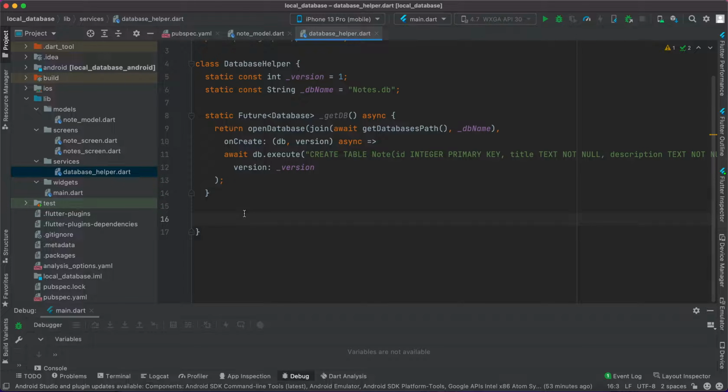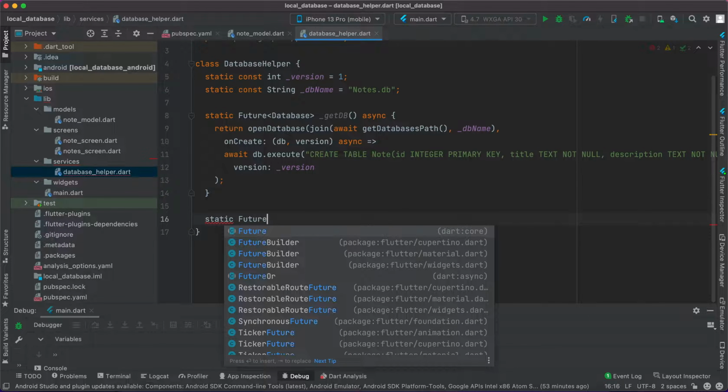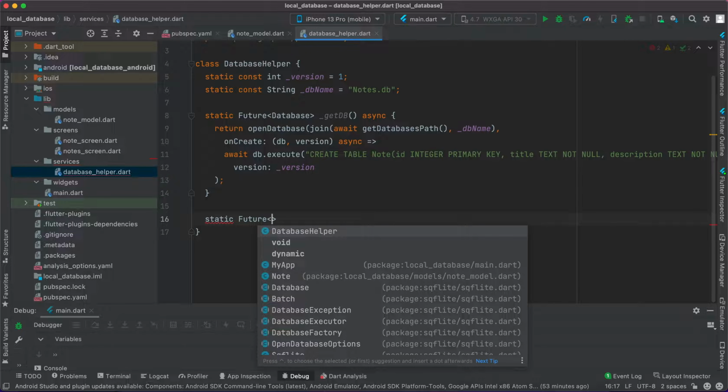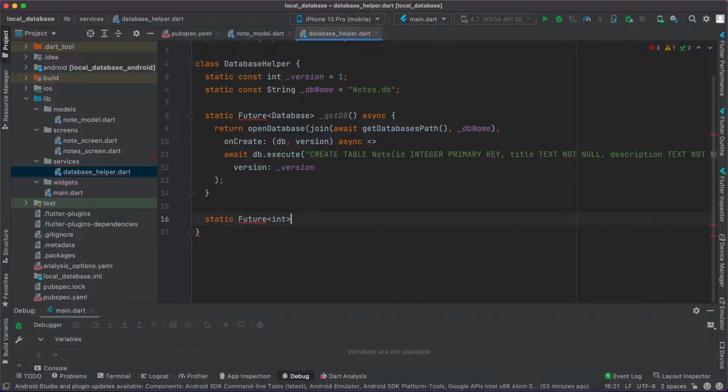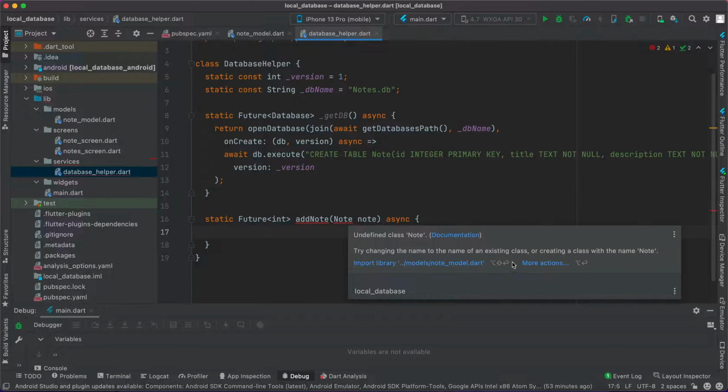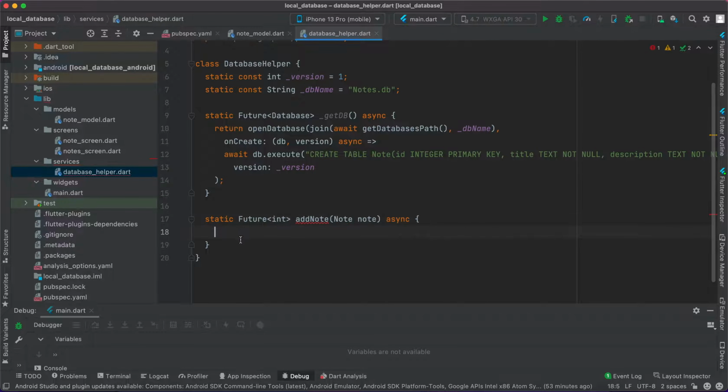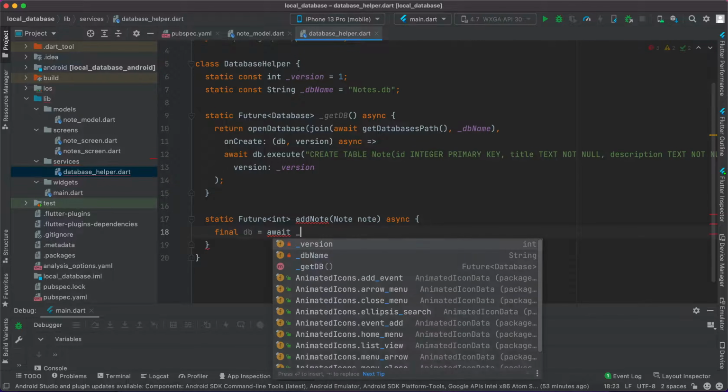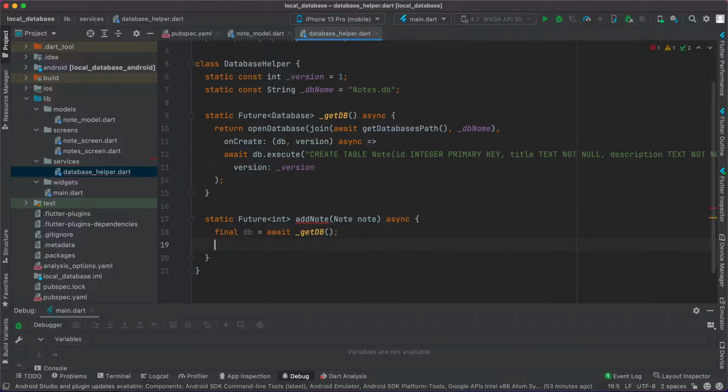The first one we will create is add node, so static Future, and add node will return an integer. So let's say addNode, which will take a Node, and this is also async. So inside here, let me just import the node. First thing, let's say final db is equal to await getDb, and then we will say return await